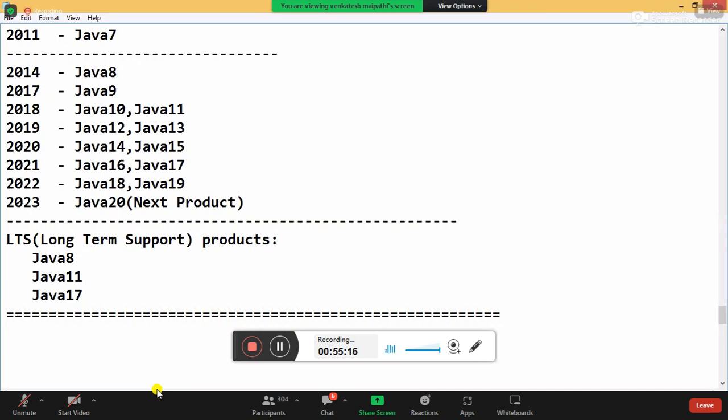Some products will be LTS products, we say. It means Oracle Corporation will give support for those products. There are 3 products among all of them: 8, 11 and 17. So the real-time market will use LTS products in projects. They prefer to install and work with LTS. In your system, you can work with anything, no restriction, you can download anything. But in the real-time market, when people want to develop something, they go with the LTS product because support is available from Oracle Corporation. All the remaining ones are for 6 months.